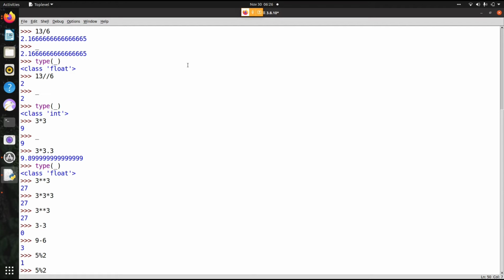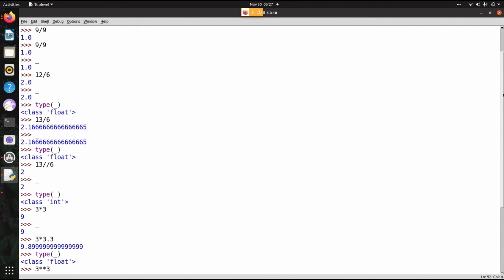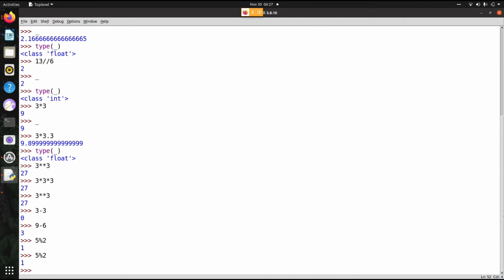Tomorrow we will be doing two to three problem solutions that we will solve using Python, and we will see that tomorrow. For now we are going to see 5 modulus 2 is this one. Now this is about numbers. From now onwards, when you are doing any calculations, you should not use a calculator, you should use this IDLE ideally.